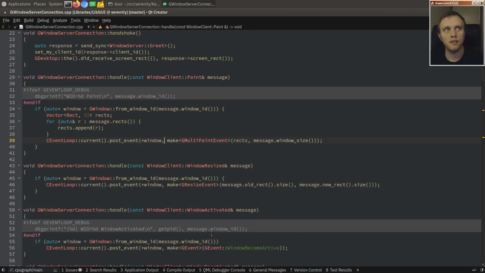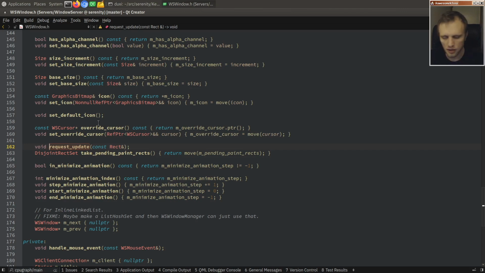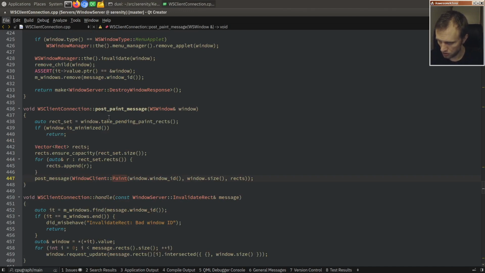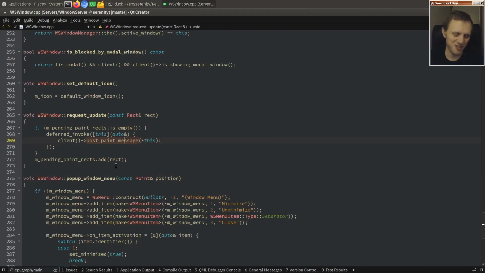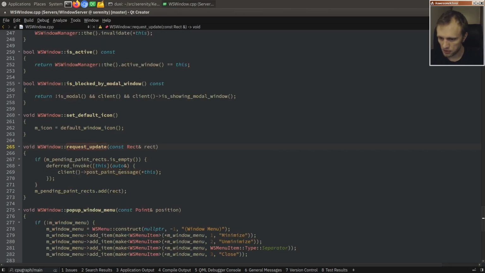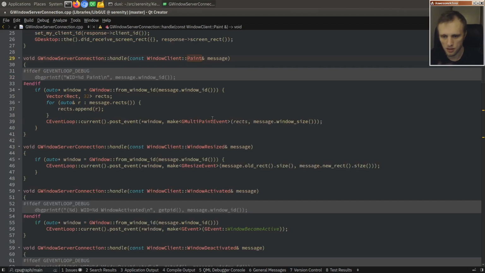And the important thing now is that, because we don't need to follow that trail forever, but the important thing is that we sent this update request to the Windows server, right? And it has a bunch of rectangles, and those rectangles are in the menu applet window. So when we call, what was it? Or actually, we do have to follow the trail to understand what happens next. So in request update, we sent the paint message to the window client, which ends up as a multi-paint event,